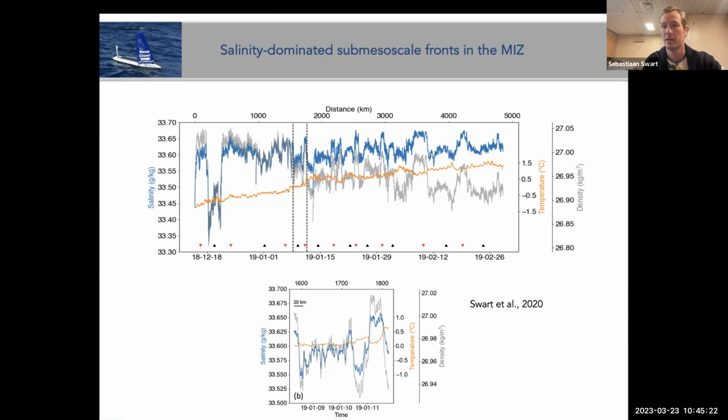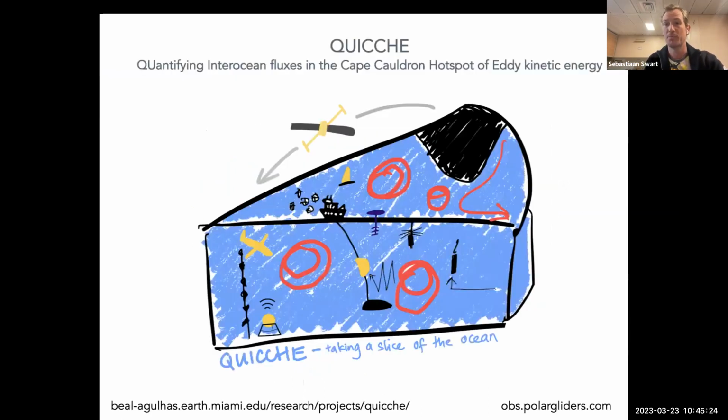And very lastly, here we are in Quiche on the ship. And this is an NSF project led by Lisa Beale and many others. I'm one of the PIs for part of this work, and this kind of cartoon, which is our Quiche logo, kind of summarizes where we are. There's sort of South Africa in the corner, and we're trying to take a slice of the ocean during the cruise and sample this wonderfully dynamic, exciting, extreme EKE and very turbulent conditions with all these wonderful platforms that we